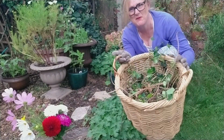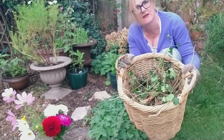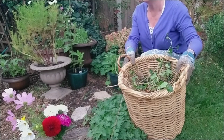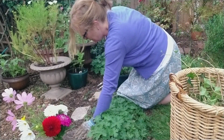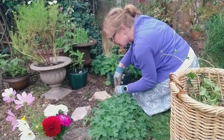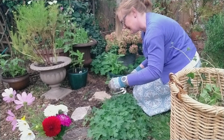Well, I'm bored of that now, but look, I have got that much ivy that I have clipped back. I think it is going to be a case of little and often to break down the job. But next up is to tackle some of this,